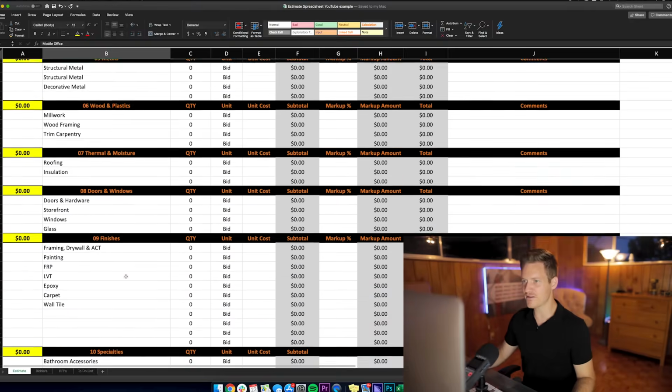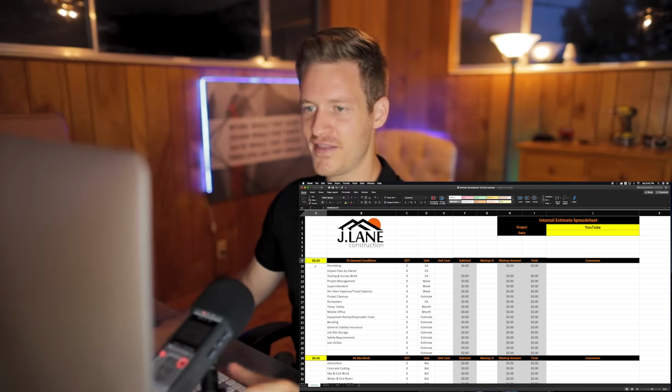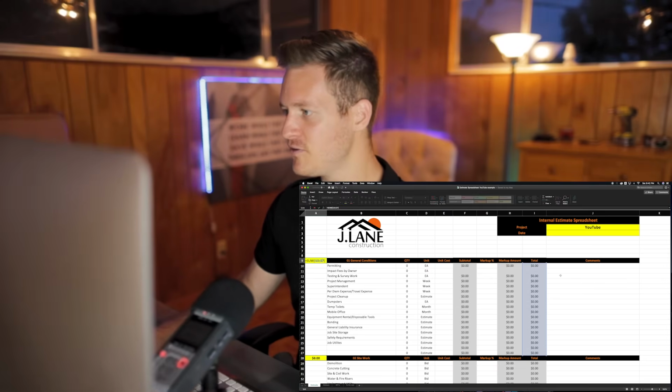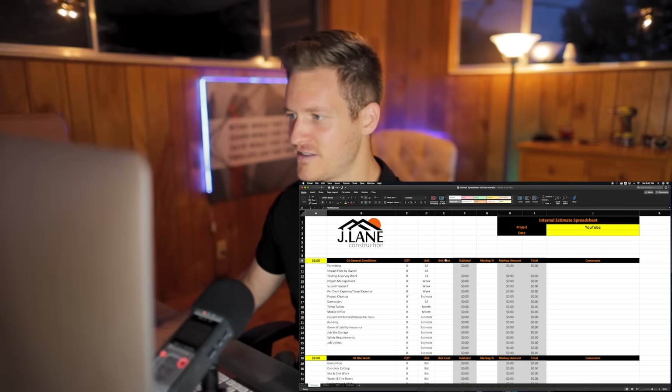Now you see I have column A, and this is yellow, right? So the yellow portion of this is the number that makes it into my proposal or my bid to the client. Okay, so this number is going to pull, if I double click that, you can see there's a formula that pulls from the total. Now, there's quantity, unit cost, and subtotal.